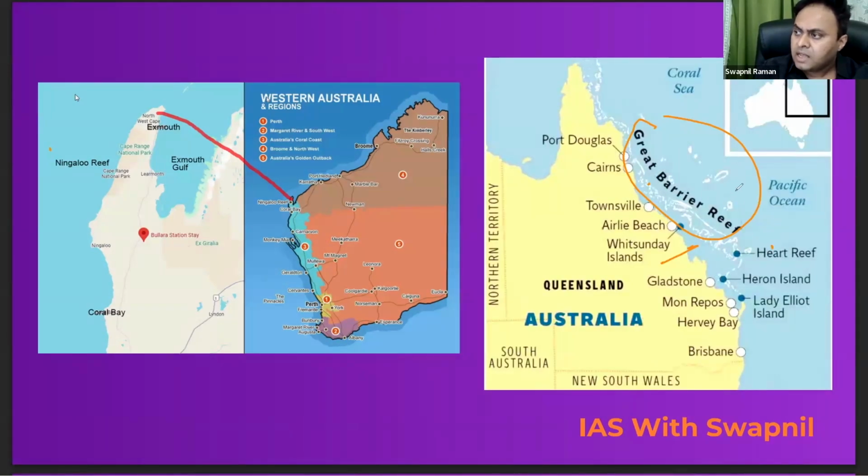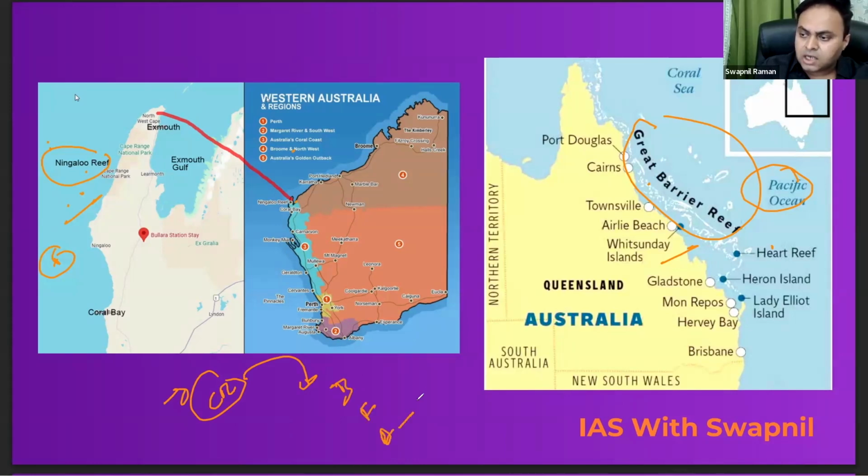यहाँ पे आप देख सकते हैं. So it is situated in the Pacific Ocean and the Ningaloo Reef is situated off the western coast of Australia, right? This one. So Ningaloo Reef is the world's largest fringing reef. याद रखिएगा कि जो coral reefs हैं, coral reefs are classified into 3 major reefs. So first one is the barrier reef, then the fringing reef, and then the atoll reef. जैसे लक्षद्वीप जो है, it is a fine example of atoll reef. Maldives, again a fine example of the atoll reefs, right?